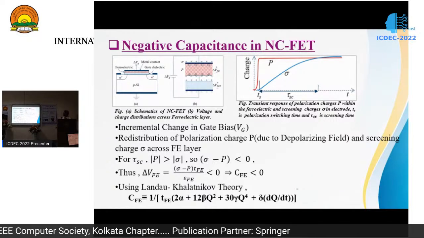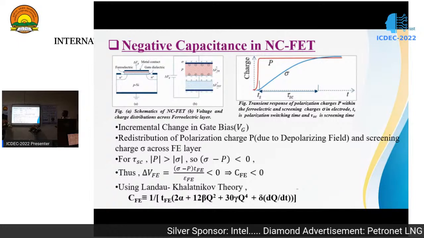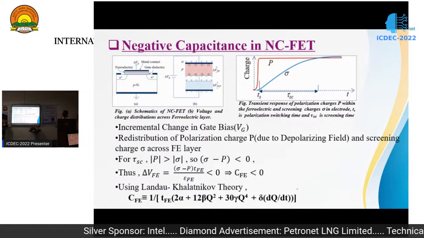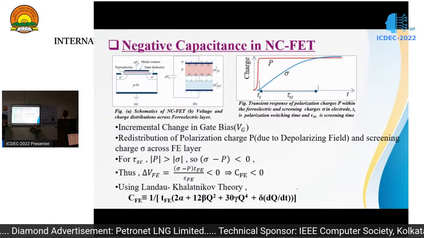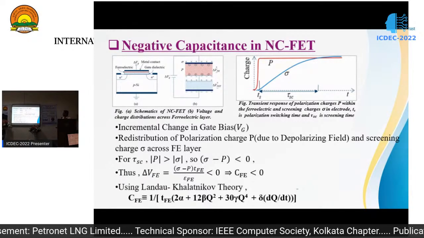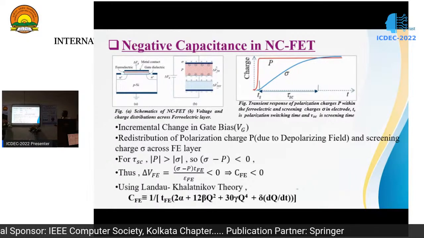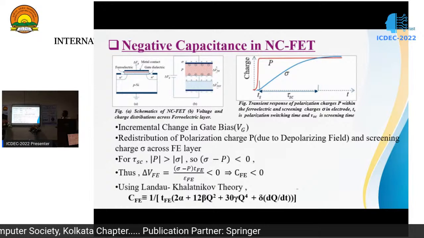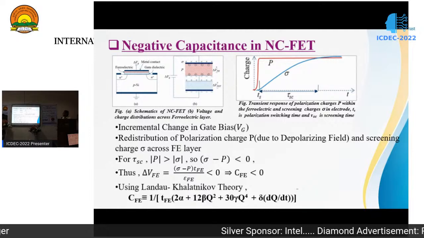Now we can see just after the application of the gate bias, this polarization charge attains its stable value after settling time Ts, but the screening charge takes additional tau SC time to fully screen the polarization charges. So for the tau SC time, sigma minus p will be less than 0, and delta V_Fe, which is the increment, the change in voltage across this ferroelectric layer, will also be less than 0. And thus we can conclude that this NCFET will exhibit negative capacitance